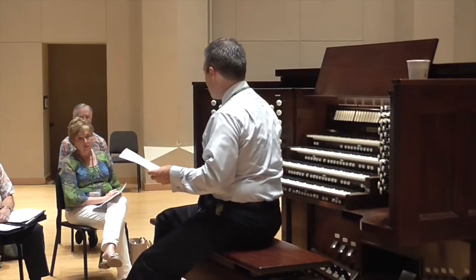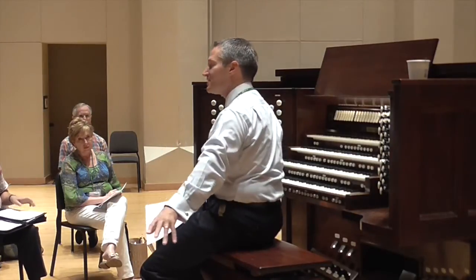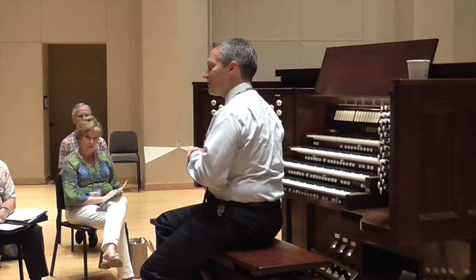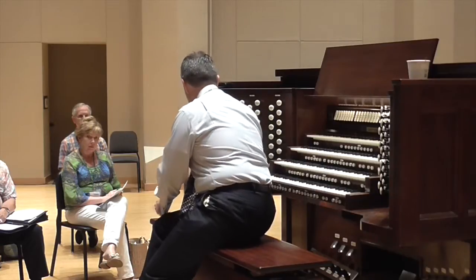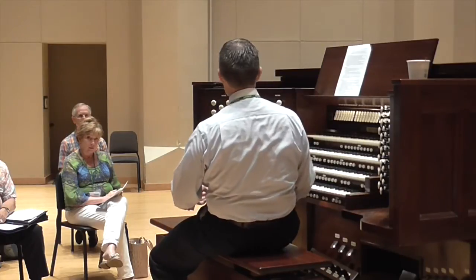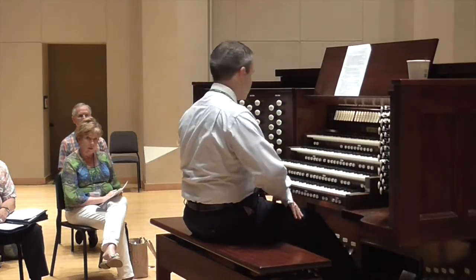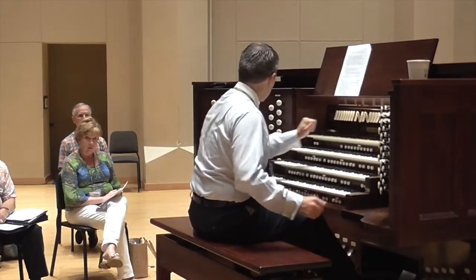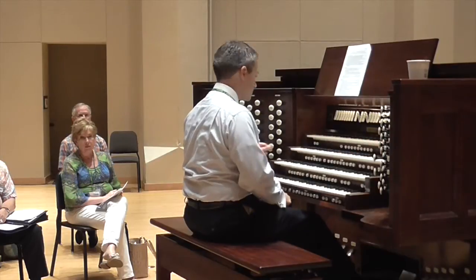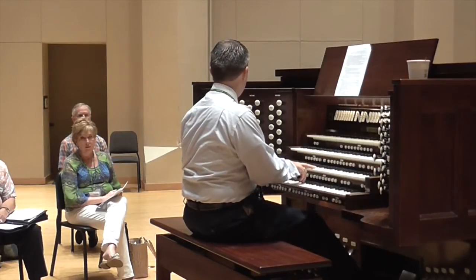This is my opinion. I tend to, beyond doubling up at the 8-foot pitch in the manuals and 16 and 8-foot pitches in the pedal, I tend not to double up on 4-foot stops and definitely not 2-foot stops in the manuals. The reason being the same thing we talked about in terms of finding which mixture is going to be most effective on your instrument and then using that one when you're combining lots of sound. Because if I were to build, say, a principal chorus and I'm going to combine 8-foot and 4-foot from all these divisions, I then start adding a lot of 4-foot flutes, for example,